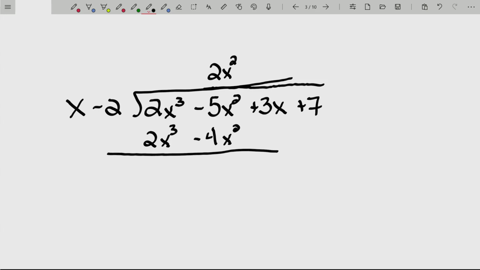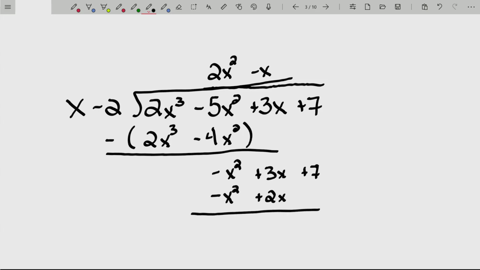And then remember, you subtract all these statements, right? And so 2x cubed minus 2x cubed, well, those disappear by design. Negative 5x squared plus 4x squared is a negative x squared, and I'll bring down the 3x and the 7 because I can and I have to. And then you ask yourself, okay, how many times does x go into negative x squared? Well, negative x squared divided by x is a negative x, so that's not too bad. Multiply back through, negative x times x is a negative x squared. Negative x times negative 2 is a positive